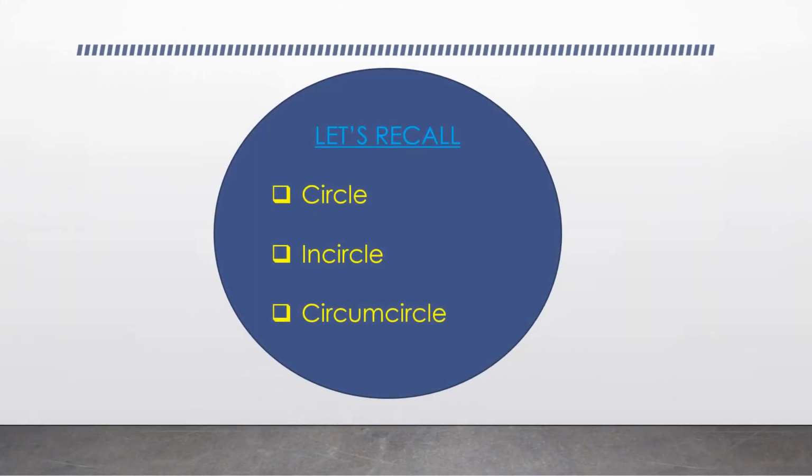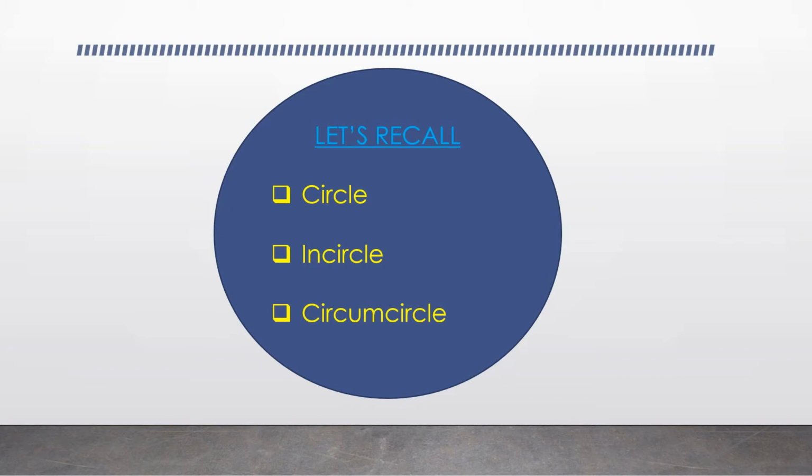Students, let's recall what we studied in this chapter. We have studied circle and some terms related with a circle, and the incircle of a triangle. The circle which touches all the sides of a triangle is called the incircle of the triangle, and the center of the circle is called the incenter of the triangle. And how to construct the incircle of a triangle.